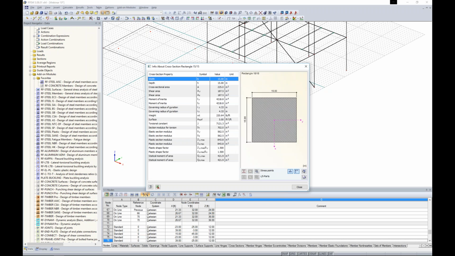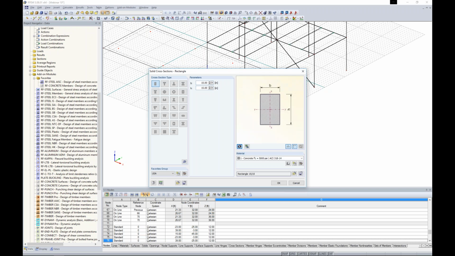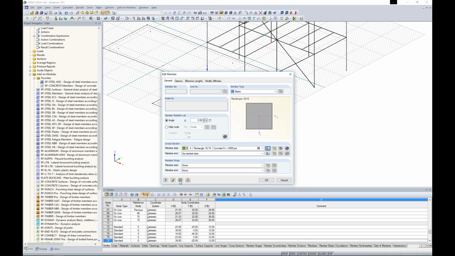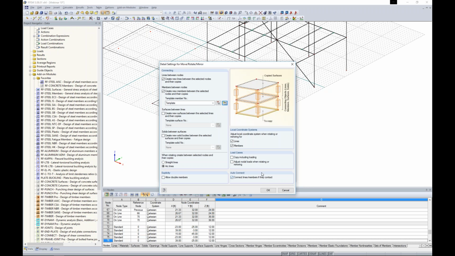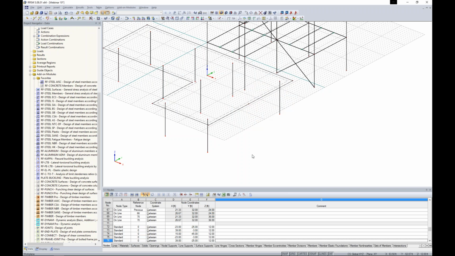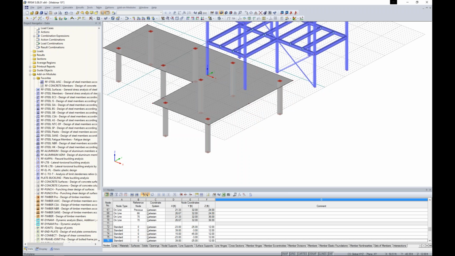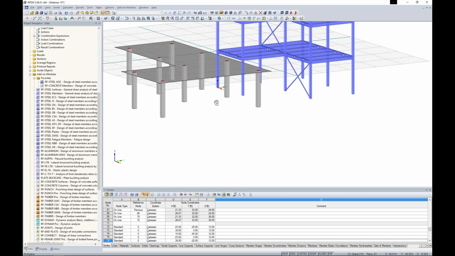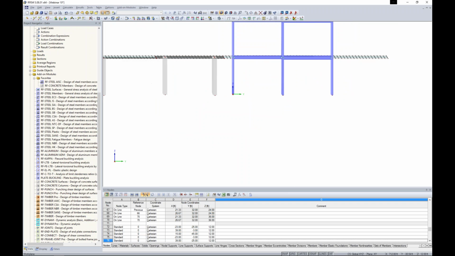I can click my info button to get all of my section properties here that the program automatically calculates. Concrete f'c 5000 is good. I'd like full fixity here. I click OK, and I click OK through all these dialog boxes. Now turning this back into the rendered version, you'll see that my columns were automatically created using that Move and